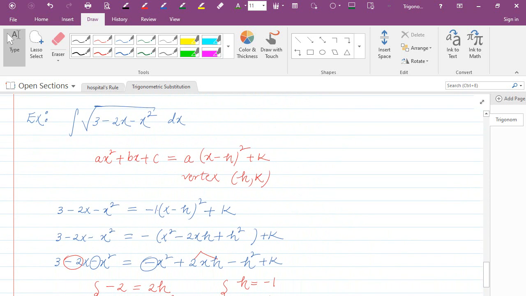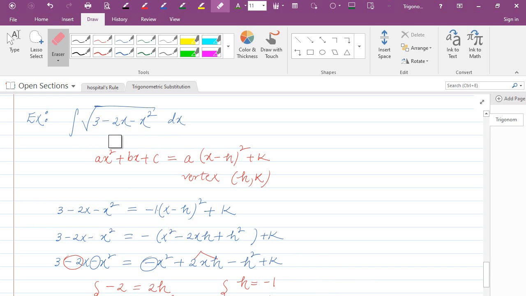Okay, so the next problem that we want to tackle is this integral of the root of 3 minus 2x minus x squared. So here we have the root of 3 minus 2x minus x squared. So I see that we have a quadratic inside the root, and so how do I